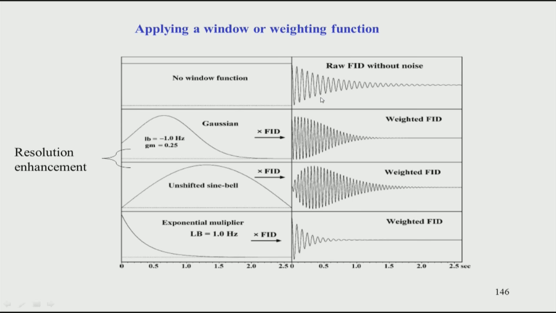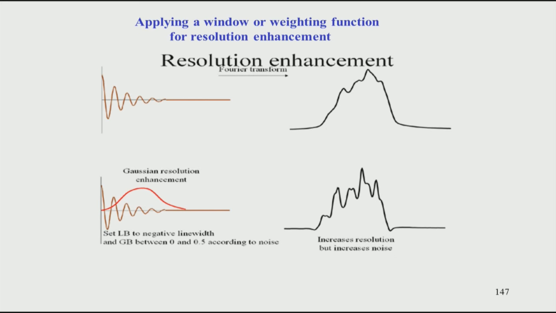Why? Because if I want resolution, this portion of the spectrum, I have to sacrifice the sensitivity, because resolution is on the other side, the second half, where the sensitivity is not so much. So, resolution and sensitivity are complementary, and to gain one you have to lose or trade off the other. This is what is shown in this slide also.